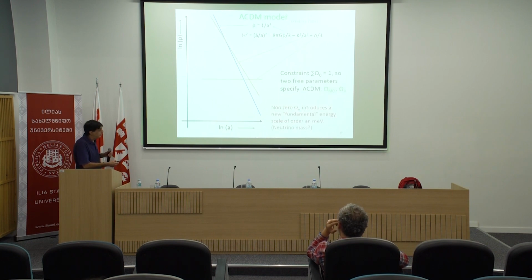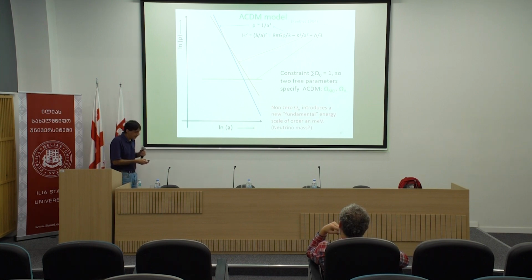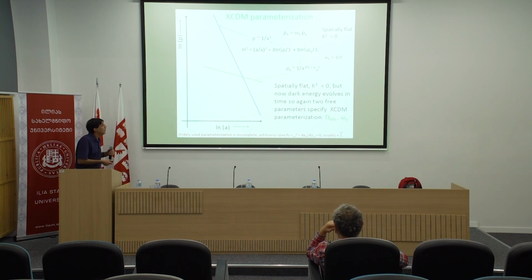So one way of trying to get rid of this energy scale, it's pretty simple. All you do is you tilt this line a little bit. So as you go back in time, if you let the green line rise a little bit, then maybe at some time way back in the past, you can get an energy scale that's much higher than a milli-electron volt. And the reason it becomes a milli-electron volt now is because as time goes on and the universe expands, this energy density drops. And that's one of the significant motivations for dynamical dark energy. So this is a